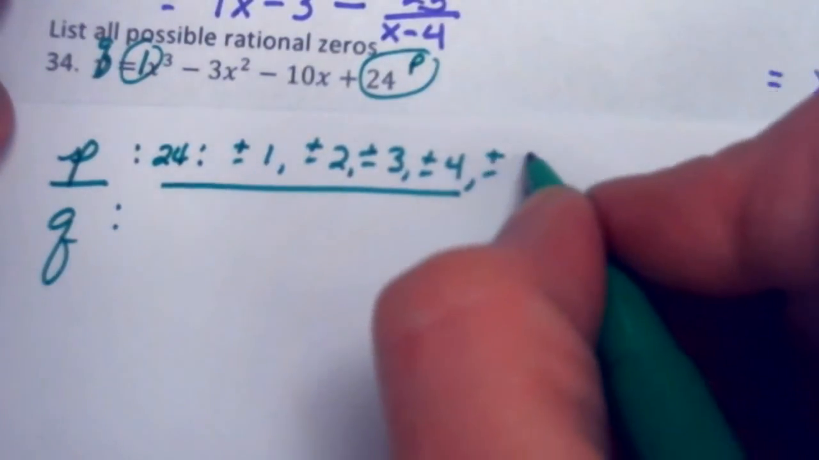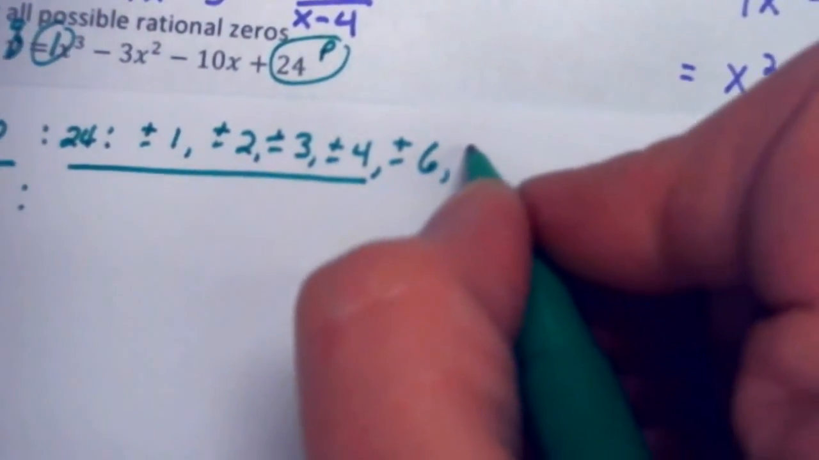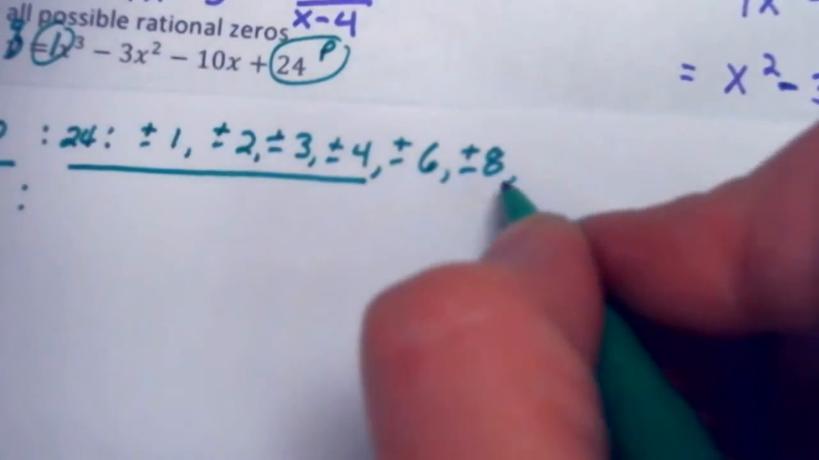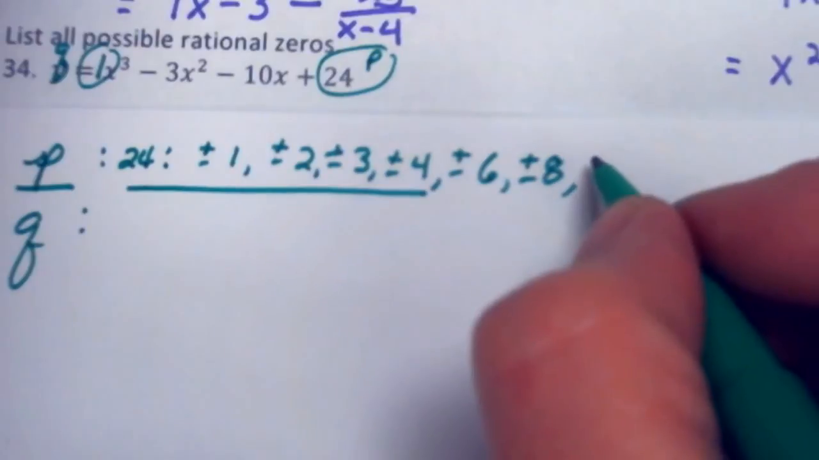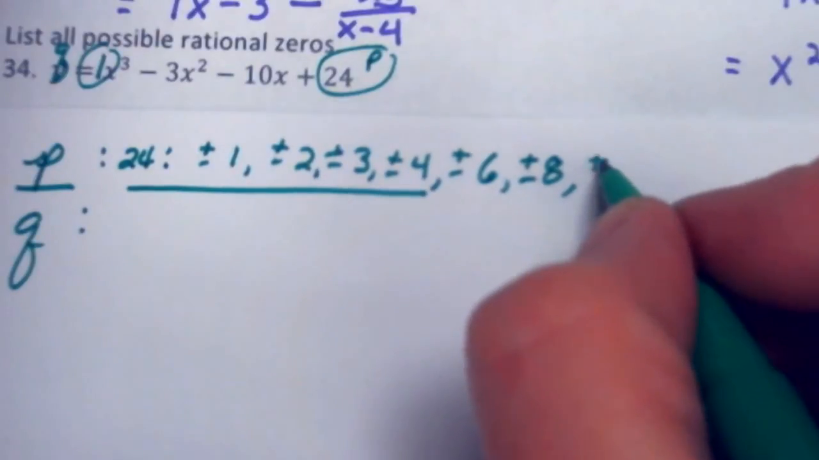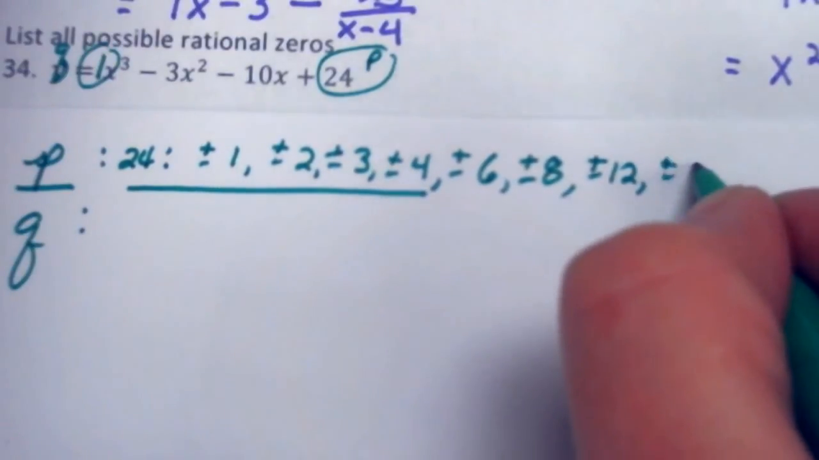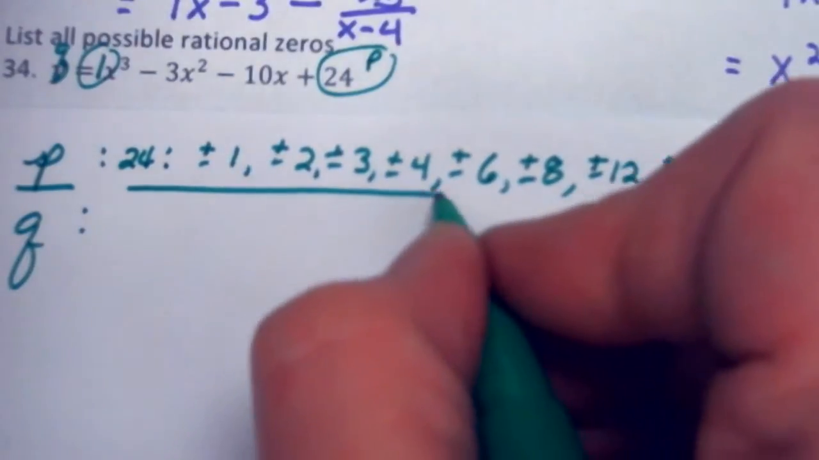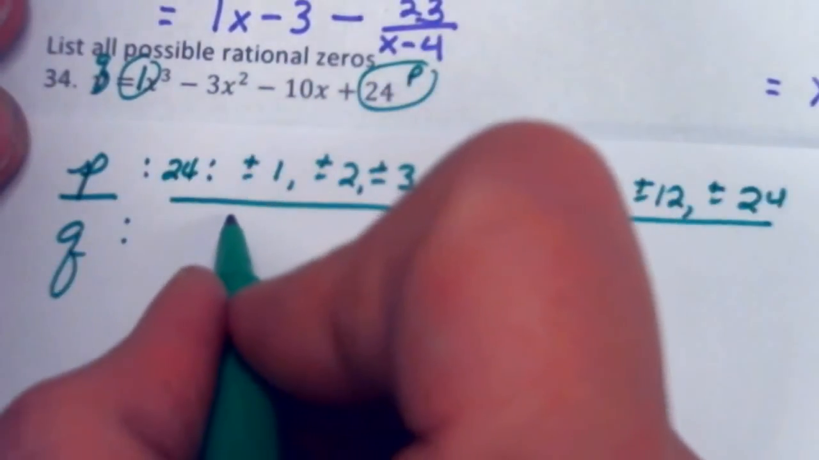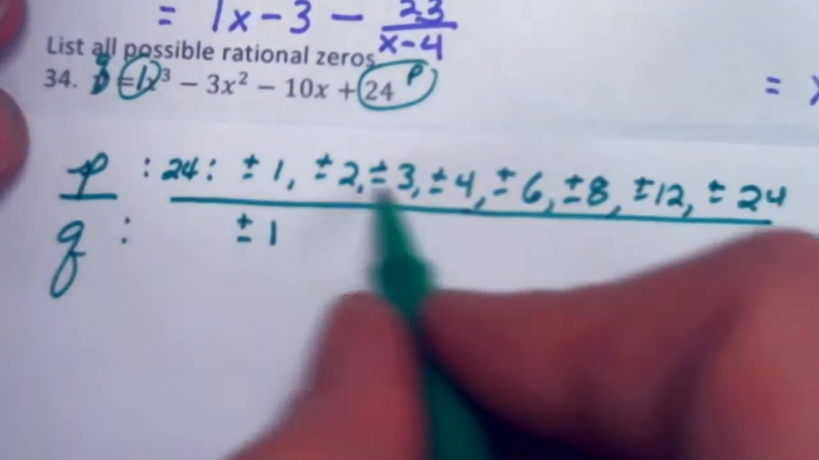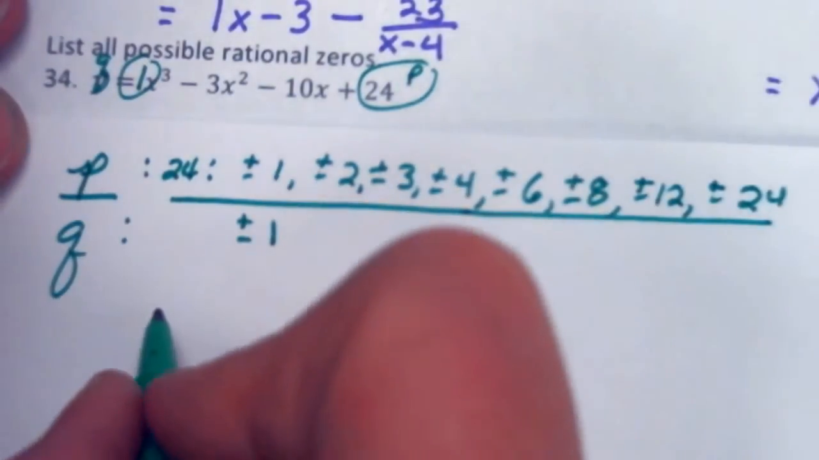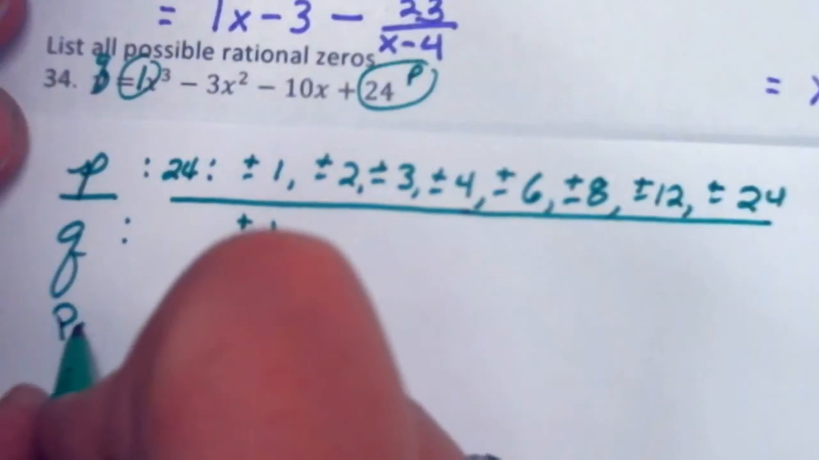5 doesn't work, so positive negative 6, positive negative 7 doesn't work, so 8. Now, after 8, we got 9, nope, 10, nope, 11, nope, positive negative 12, and then positive negative 24. Since the Q is 1, the only factors are positive and negative 1. So if we actually took each of these and divided by plus or minus 1, our possible rational zeros